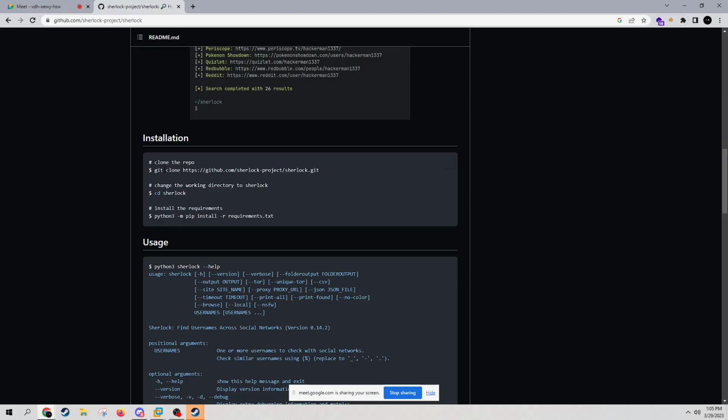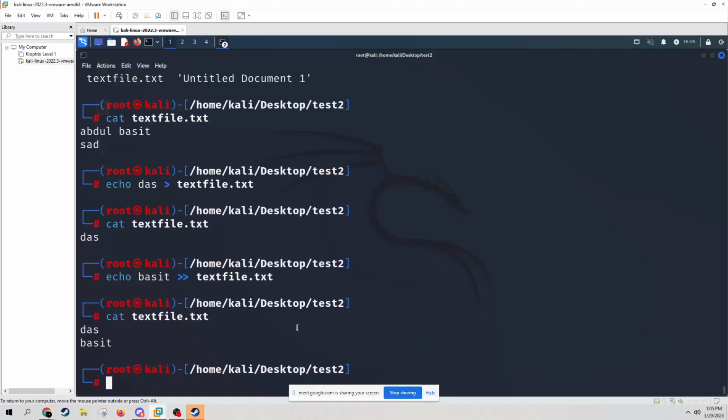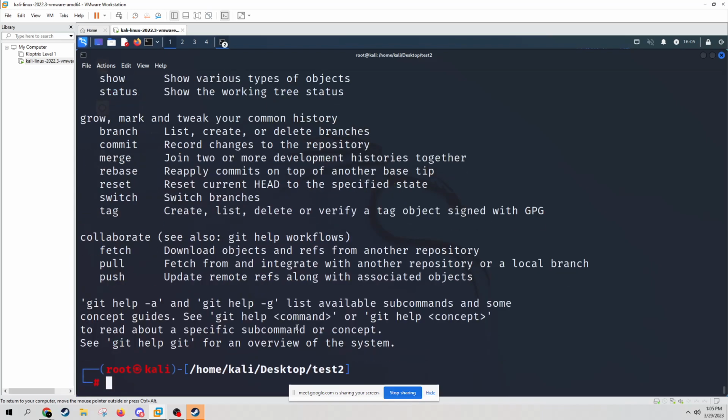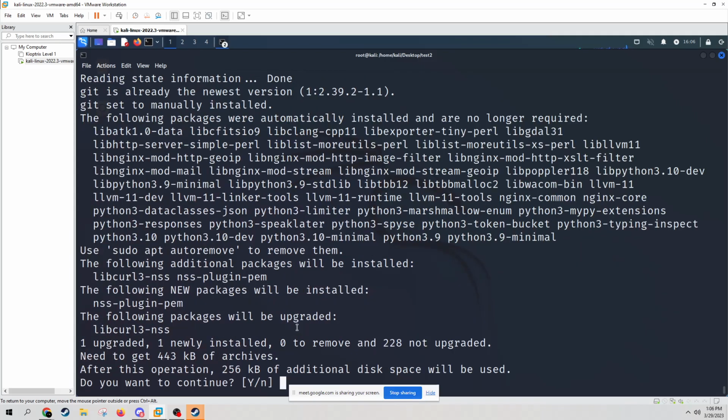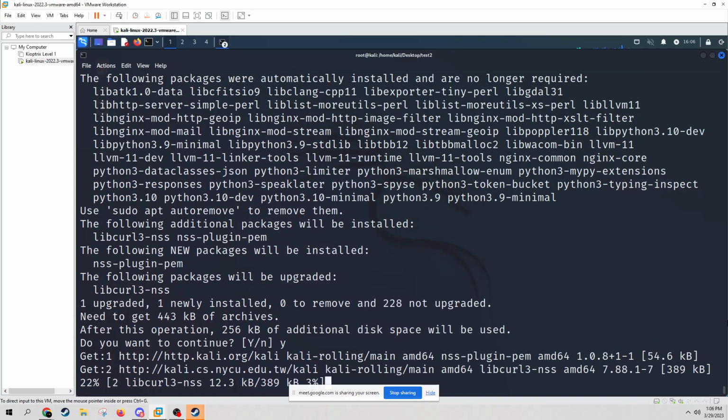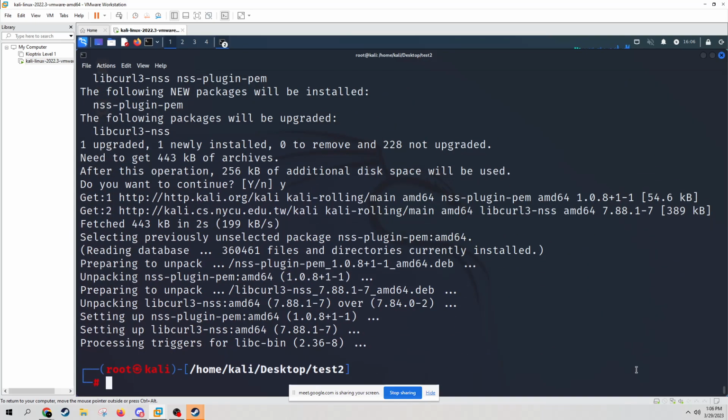If you want to install some commands, you're gonna have to use the syntax apt-get install. Let me show you guys the syntax. The command was apt-get install git. Now if I write git clone and then